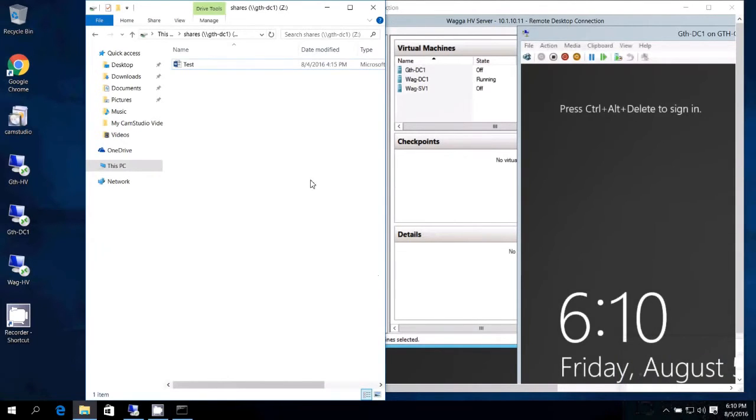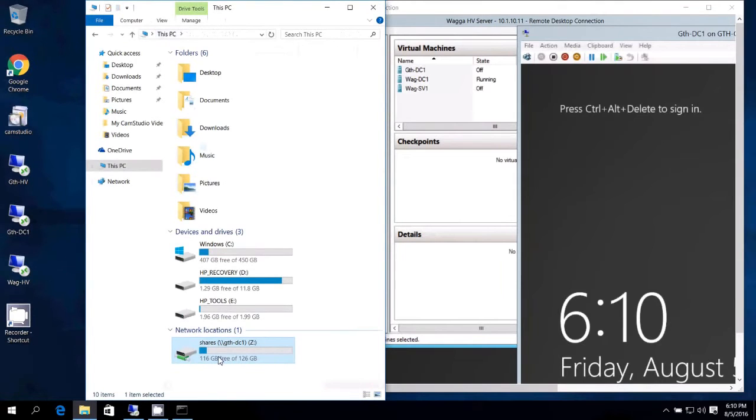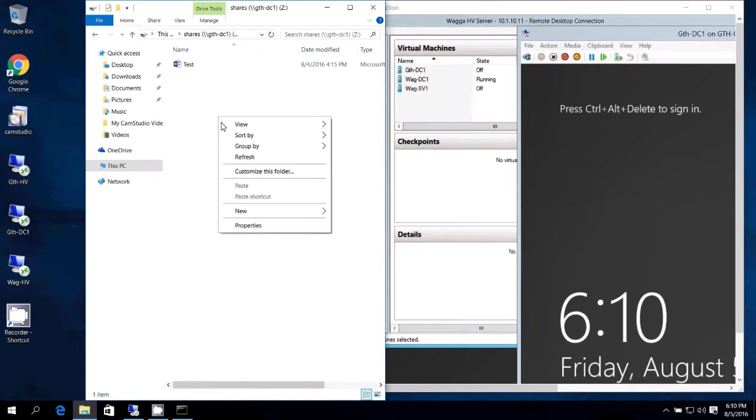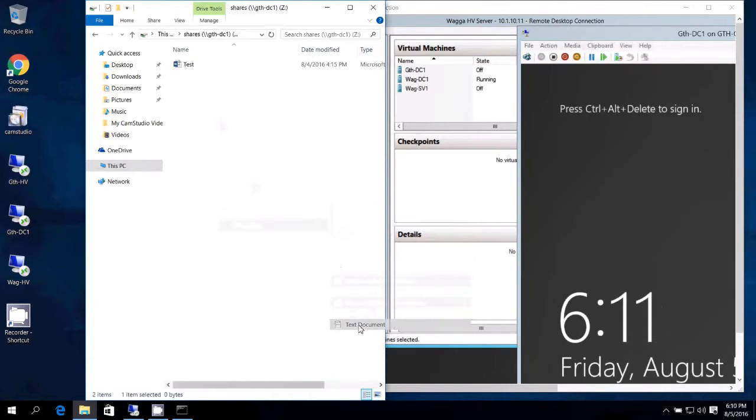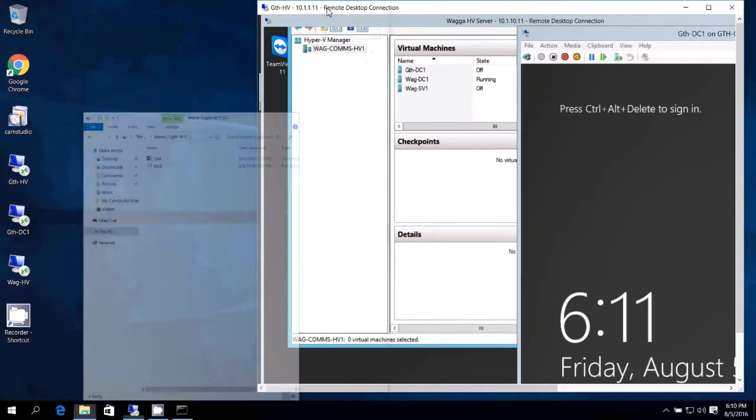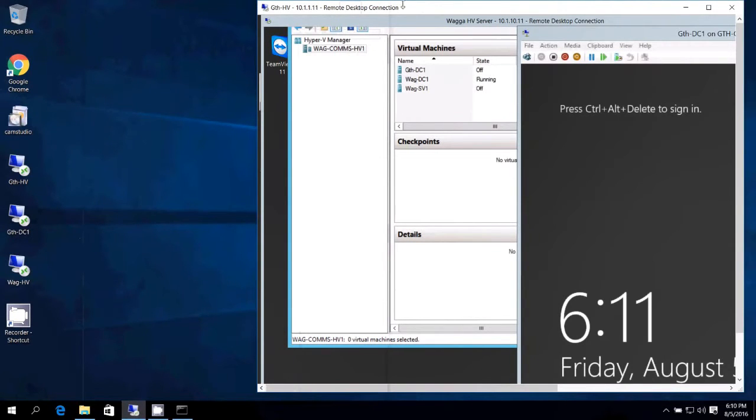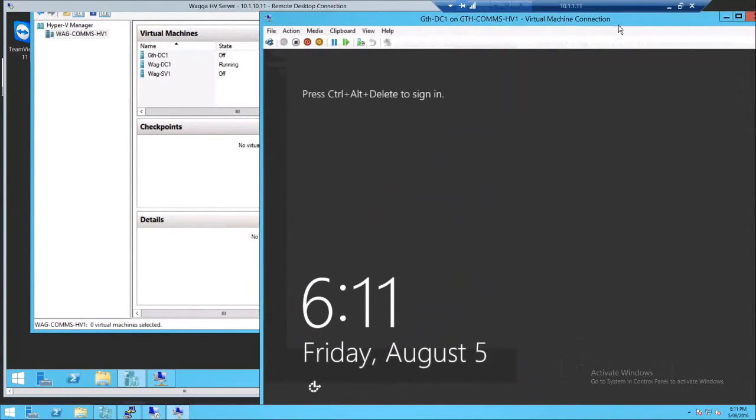So from a computer on the Griffith network, we can see that we have a network share, GTHDC1. So we're going to make a file here. It's called test2, TRS2. Okay, we're going to minimize that. We're going to go into our hypervisor via remote desktop,